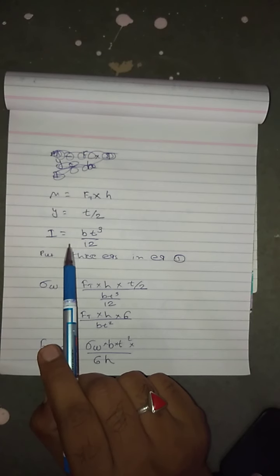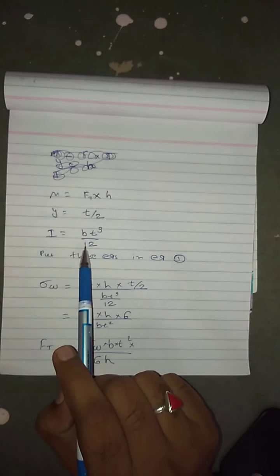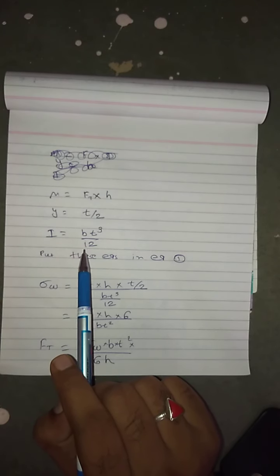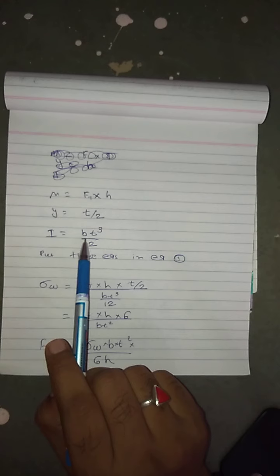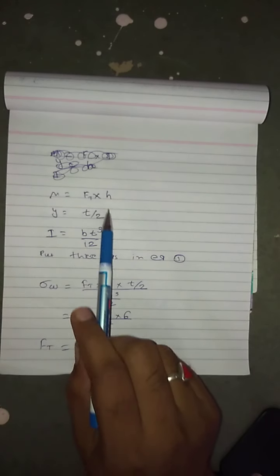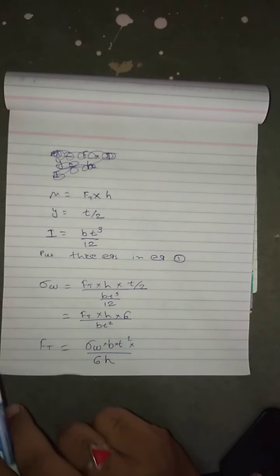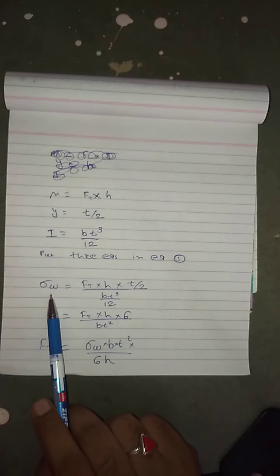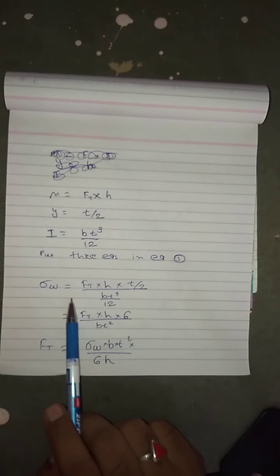I is the moment of inertia. If we consider the cross section BC as a rectangle, we can derive I equal to b t cube by 12. Put all these three in our previous equation, so we will get sigma b is equal to Ft into h into t by 2,